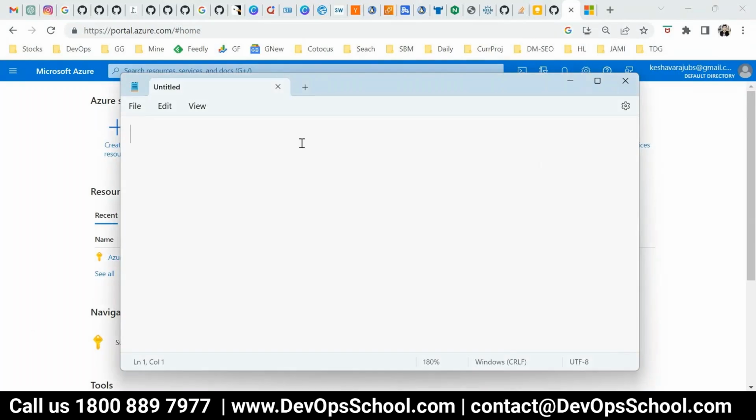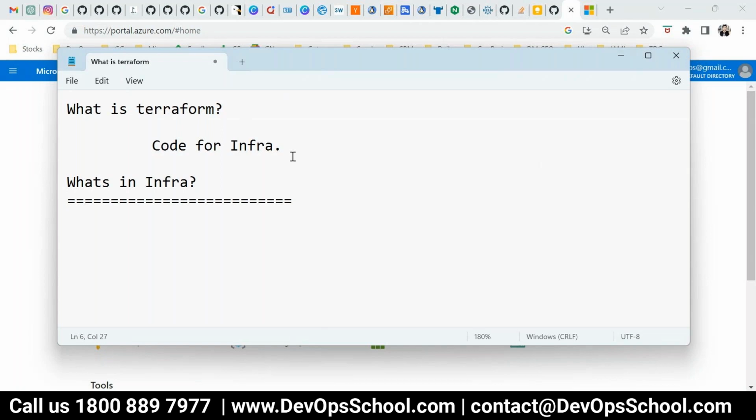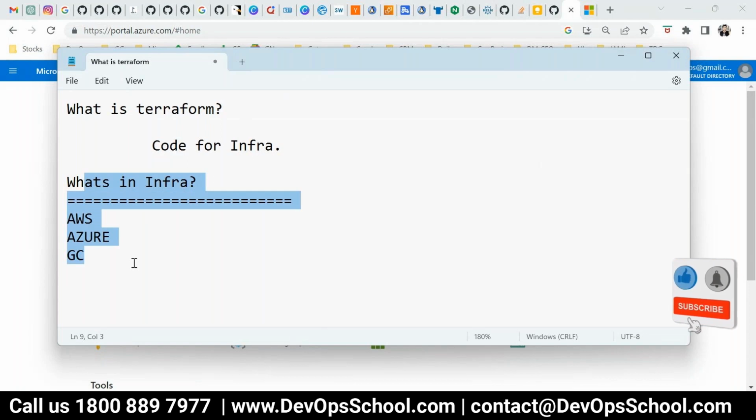Okay, so the first question is, what is Terraform? When we say Terraform, basically we say using Terraform, you can code for infra. So you're coding for infra. Now, next question is what's in infra? Basically, anything which you are using in infrastructure, you have in infra. For example, AWS, Azure, and Google Cloud. But I'll give you the list of what you have in infra. So that we call it a